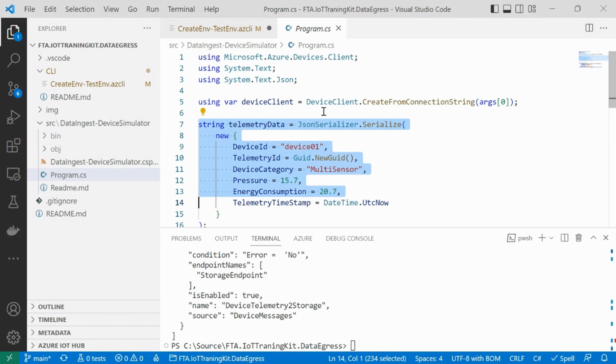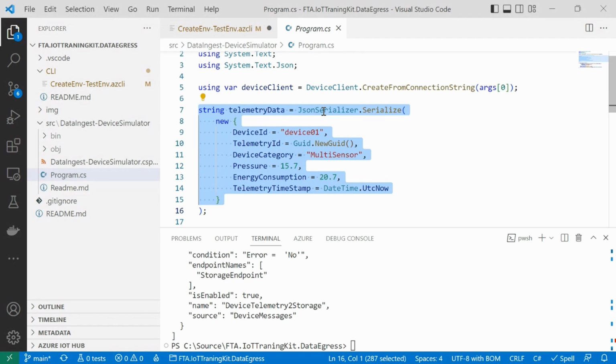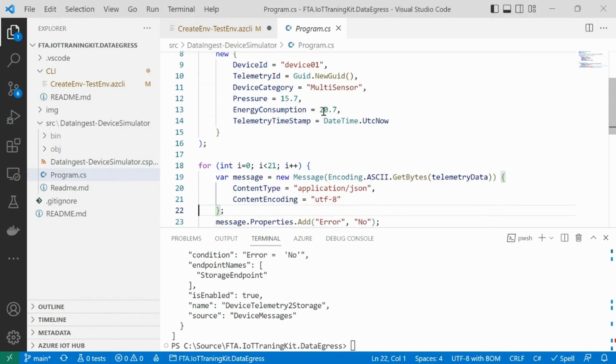Then I say, hey, here's the telemetry data, but I'm adding the content type. It's application/json, and the content encoding is UTF-8. And now the SDK is using this information and is sending the message really UTF-8 encoded.